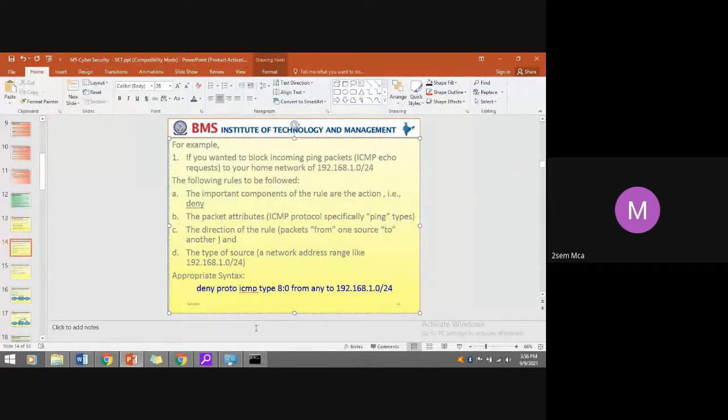Some networks do not allow you to ping their network. How to stop the ping? They set firewall rules. If any ping hits the firewall, simply deny the response. Right, so firewall type 8 to 0 from any to